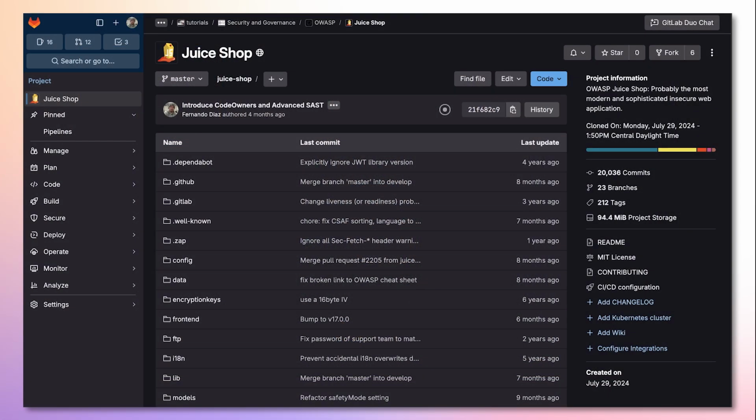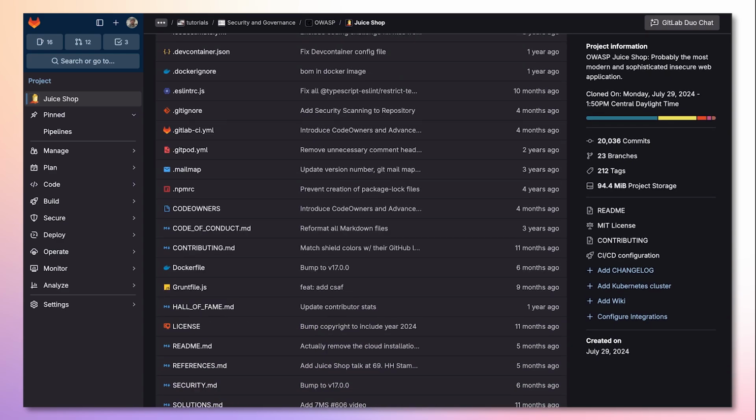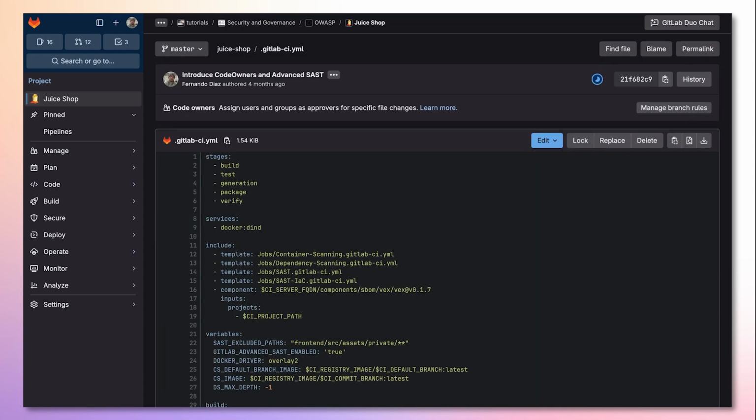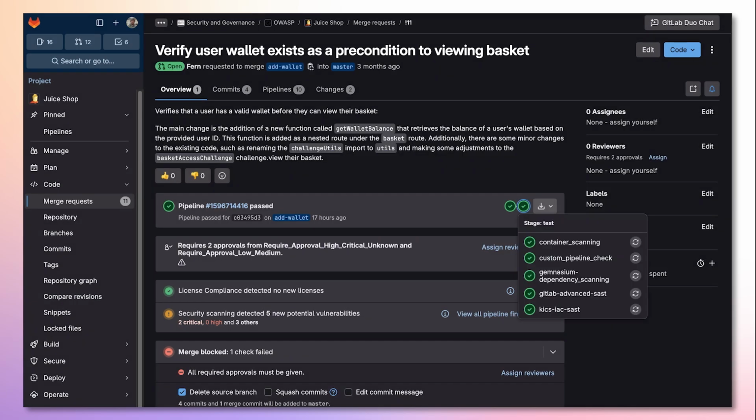Now let's get started. Now let's take a look at the code flow within the MR view. In order to enable GitLab Advanced SAST, scroll down and open up your .gitlab-ci.yml file. From here, you must include the SAST GitLab CI template, as well as the GitLab Advanced SAST enabled variable set to true. Now within a merge request, we can click on the pipeline and see that the GitLab Advanced SAST